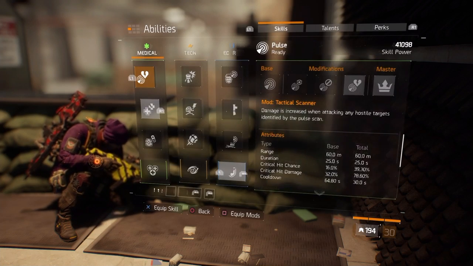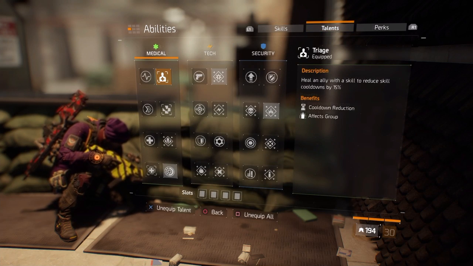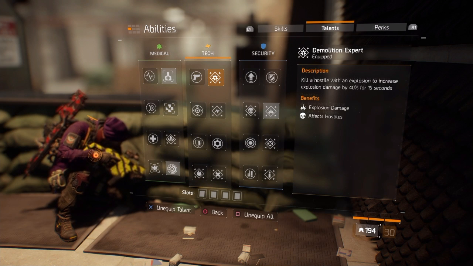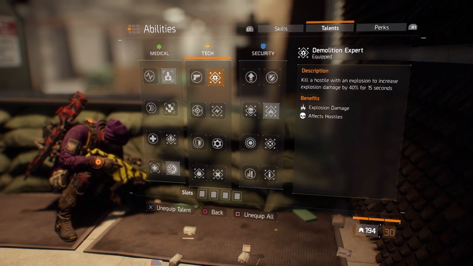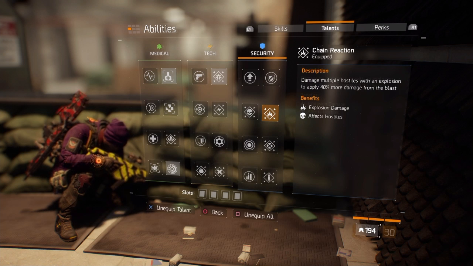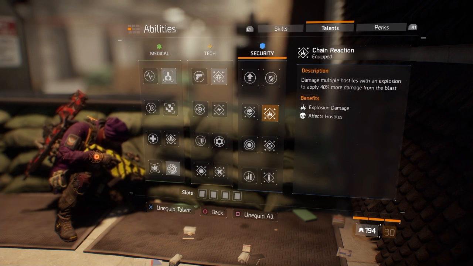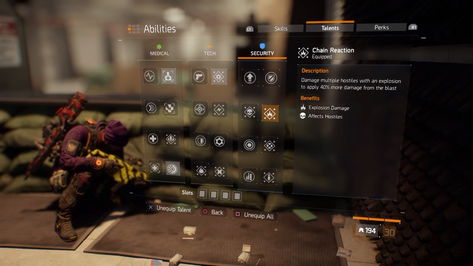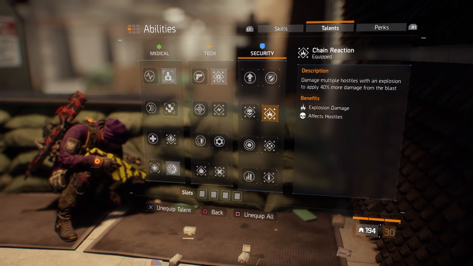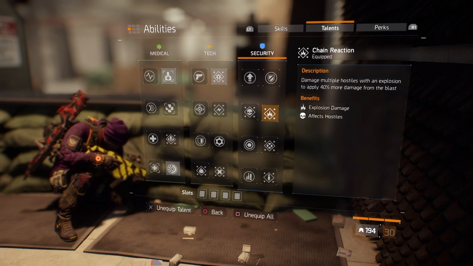But to go over the talents before I get into examples of how you can use this build. The talents I always use are triage, strike back, and this changes depending on whether I'm using my sticky bomb build or not. So this is demolition expert: kill a hostile with an explosion to increase explosion damage by 40% for 15 seconds, and chain reaction. This is probably the most important one you need for PvP, because it's hard to one hit someone when they're by themselves, but if they're standing next to 2 of their teammates or 3, yeah, they're